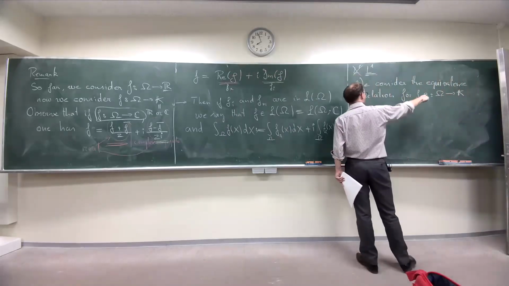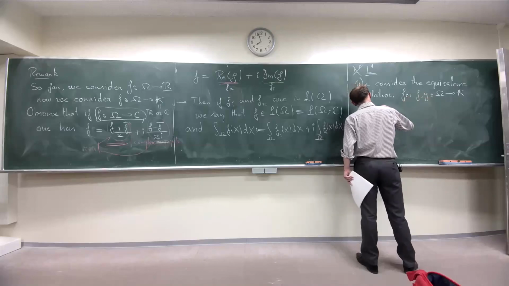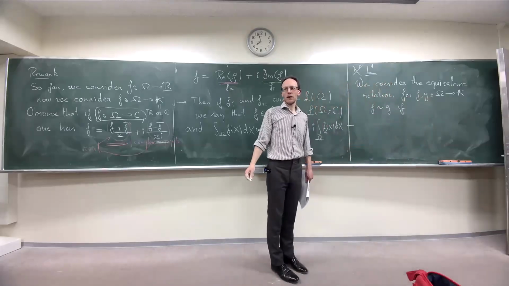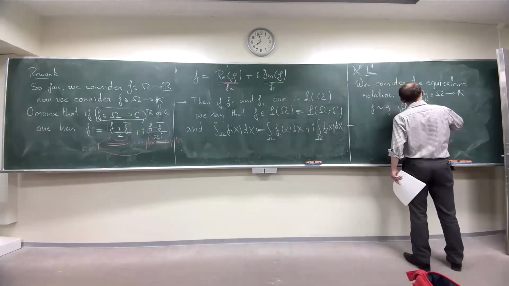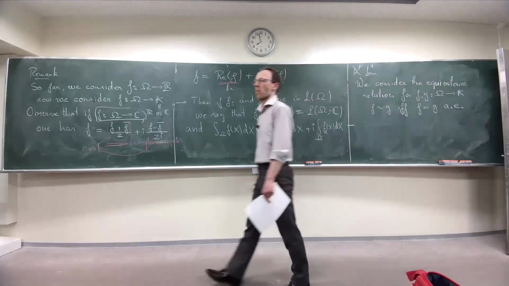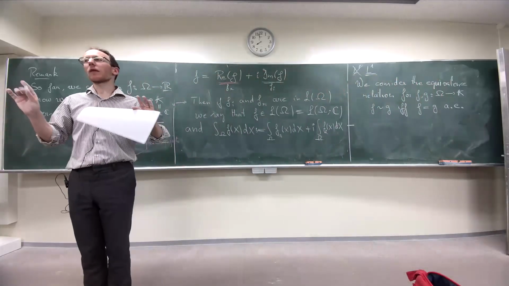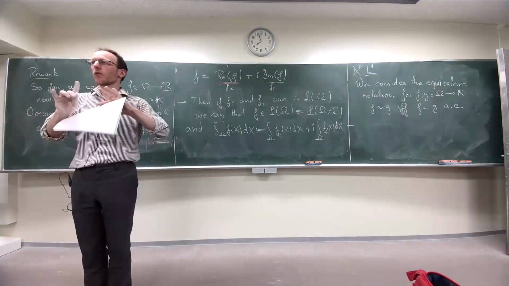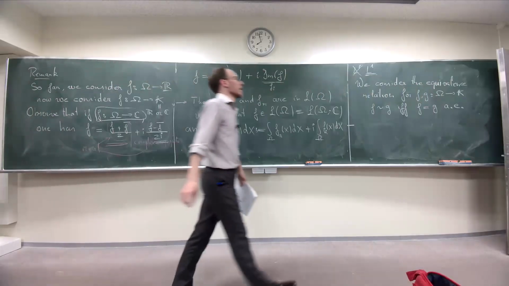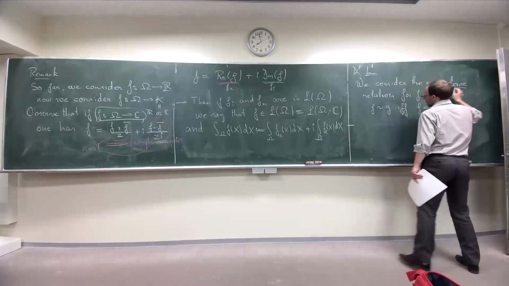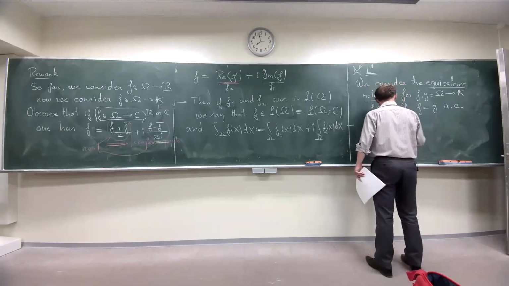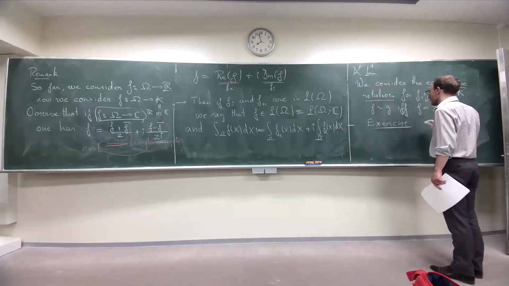For F and G from omega to K, F is equivalent to G if F is equal to G almost everywhere. So what I'm doing, I want to put together two functions which are equal almost everywhere. I want to put them in the same box. If you don't know what an equivalence relation is, here is an exercise, and this is an easy one, a 2-line or 3-line exercise, check